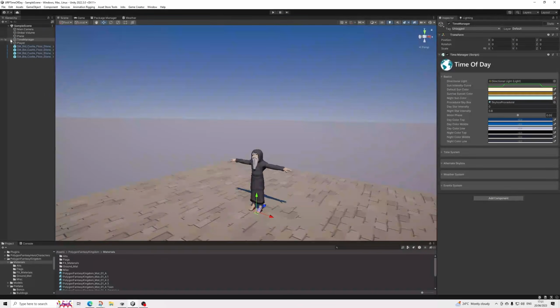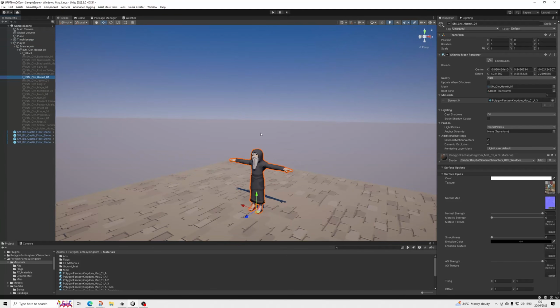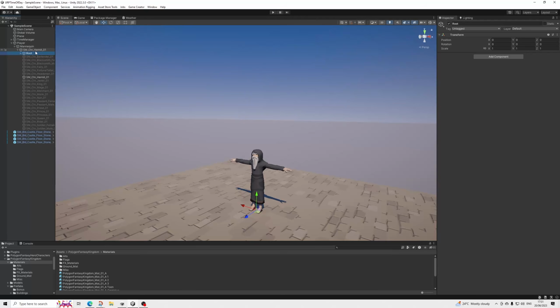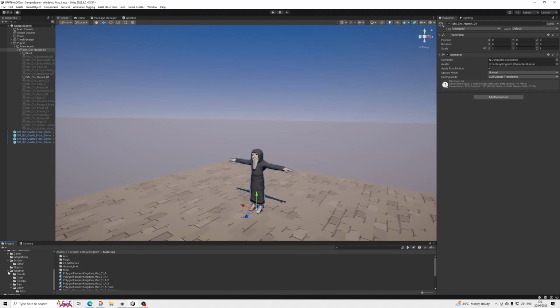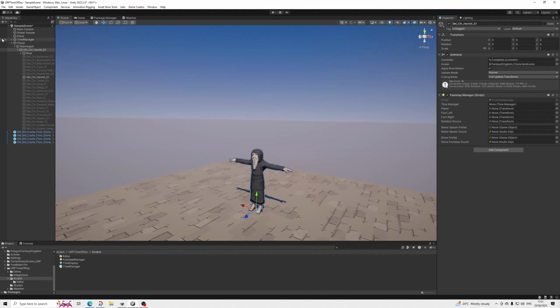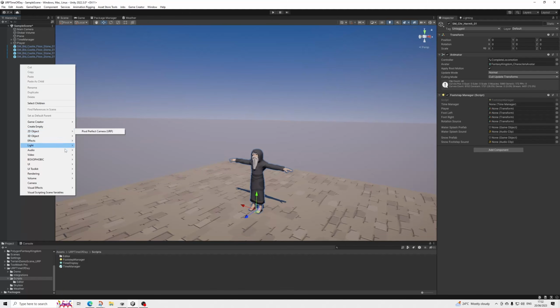Play mode. We've got our player here, and again, it doesn't matter what character controller you're using. This is simply making use of the animator, and that's it. So let's go to scripts, and then we have Footstep Manager. And by the way, if you want to display the time as well, let's just do that straight away real quick,